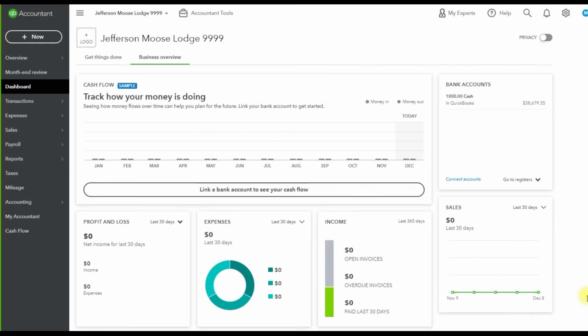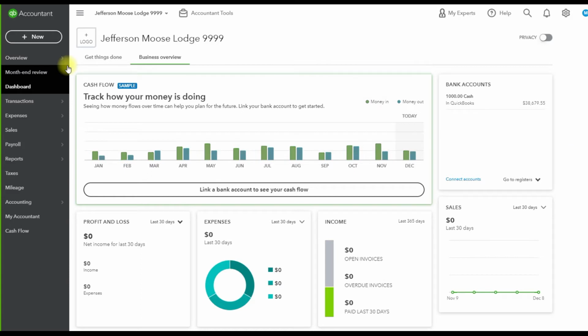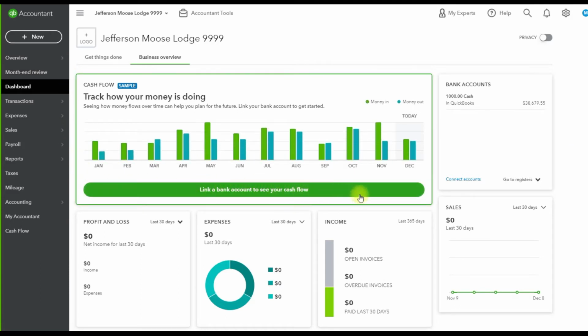Welcome to Jefferson Moose Lodge 9999's QuickBooks Online dashboard. The dashboard is what you will see each time you log into your QuickBooks Online account as well. The dashboard basically gives you a very brief synopsis of how your unit is doing financially. You can see the balances within some of your checking accounts. You can also kind of track or see your cash flow, the money going in versus the money going out